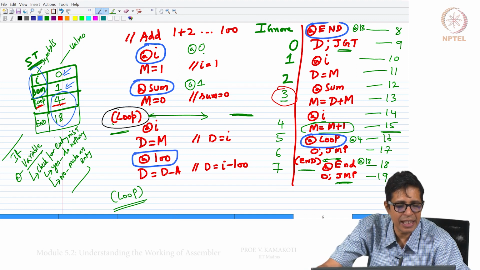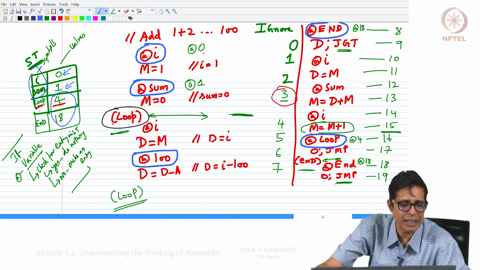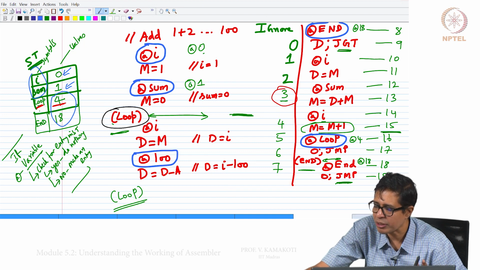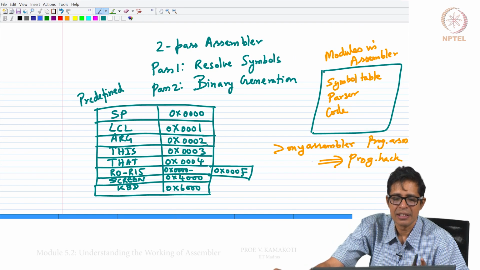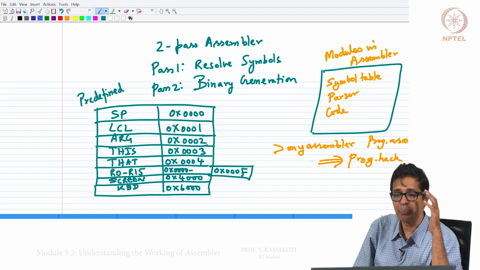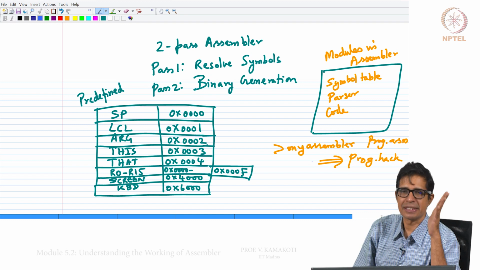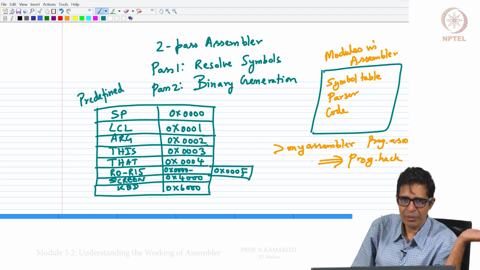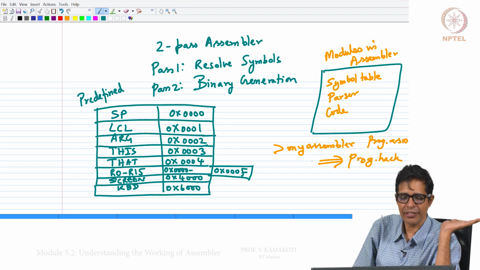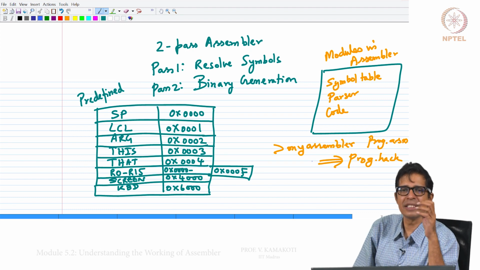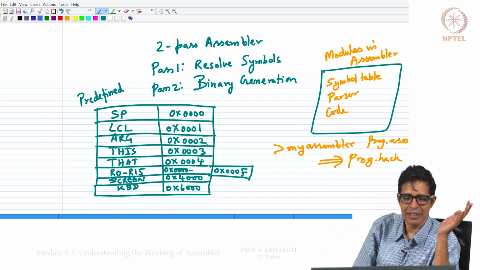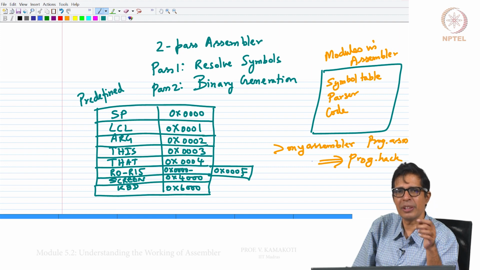Now, the only practical change between what we have seen here and the real construction that we will be doing as a part of your project 6 is that there are some predefined symbols, like you have been using @screen, @keyboard, etc., right. We had seen that in the previous case. There are a lot of predefined symbols that will be used actually by your virtual machine later. An example of a predefined symbol is your screen and keyboard.